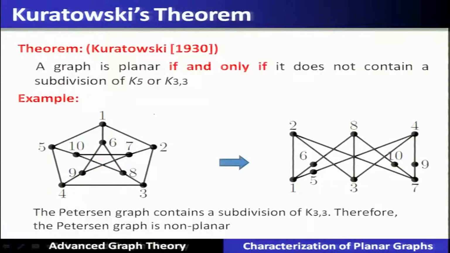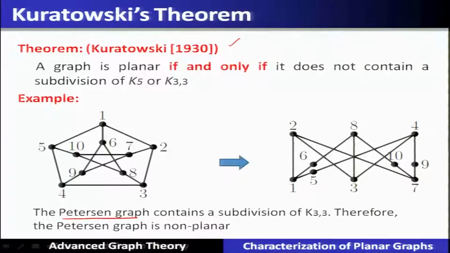So, with this let us see the famous theorem for the characterization of planar graphs, given by Kuratowski's theorem. Kuratowski gave this theorem in 1930. The theorem is stated as: a graph is planar if and only if it does not contain a subdivision of K5 or K33. Let us take an example of this theorem. Let us take a famous graph called the Petersen graph. We will show that this Petersen graph contains a subdivision of K33,